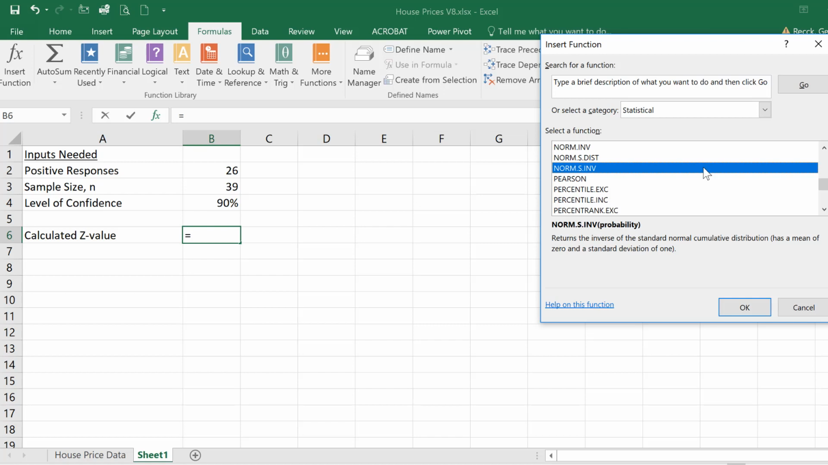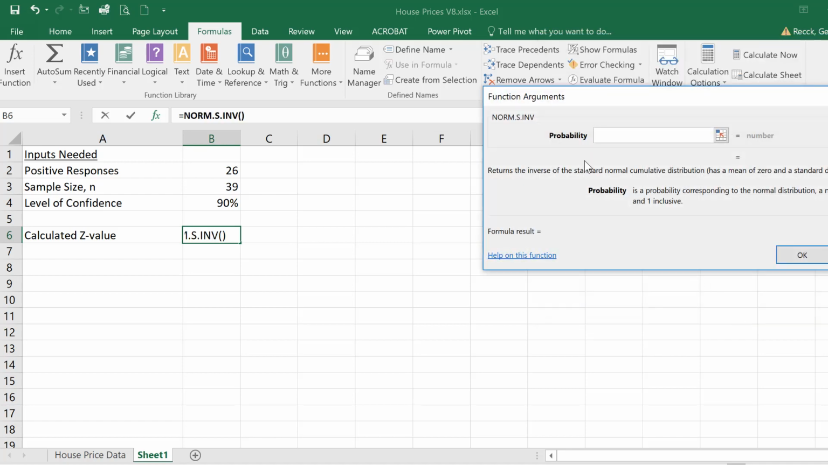The tricky thing here is that the probability is going to be 1/2 of the alpha. So you see that I've got that level of confidence there. So let's see how I will enter that. That probability is going to be 1 minus B4 divided by